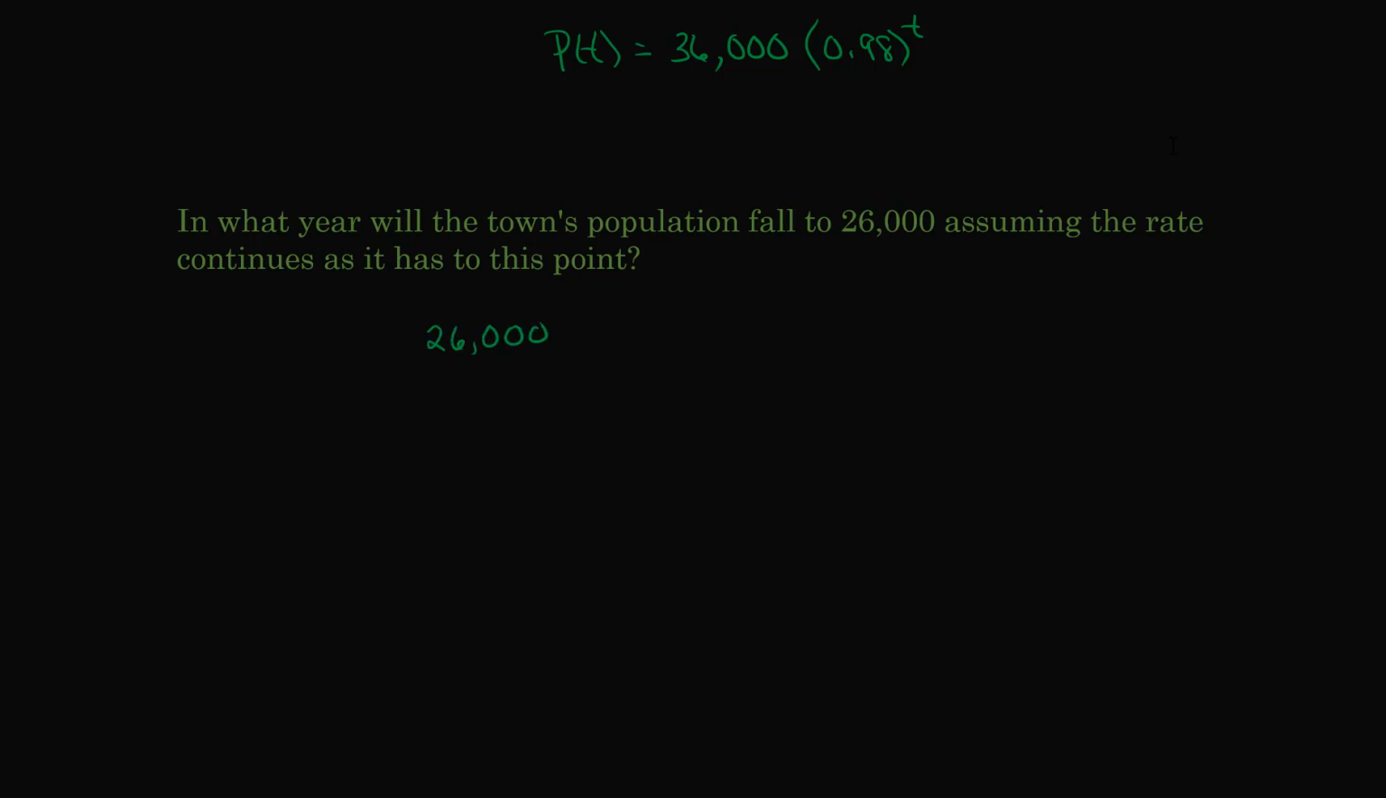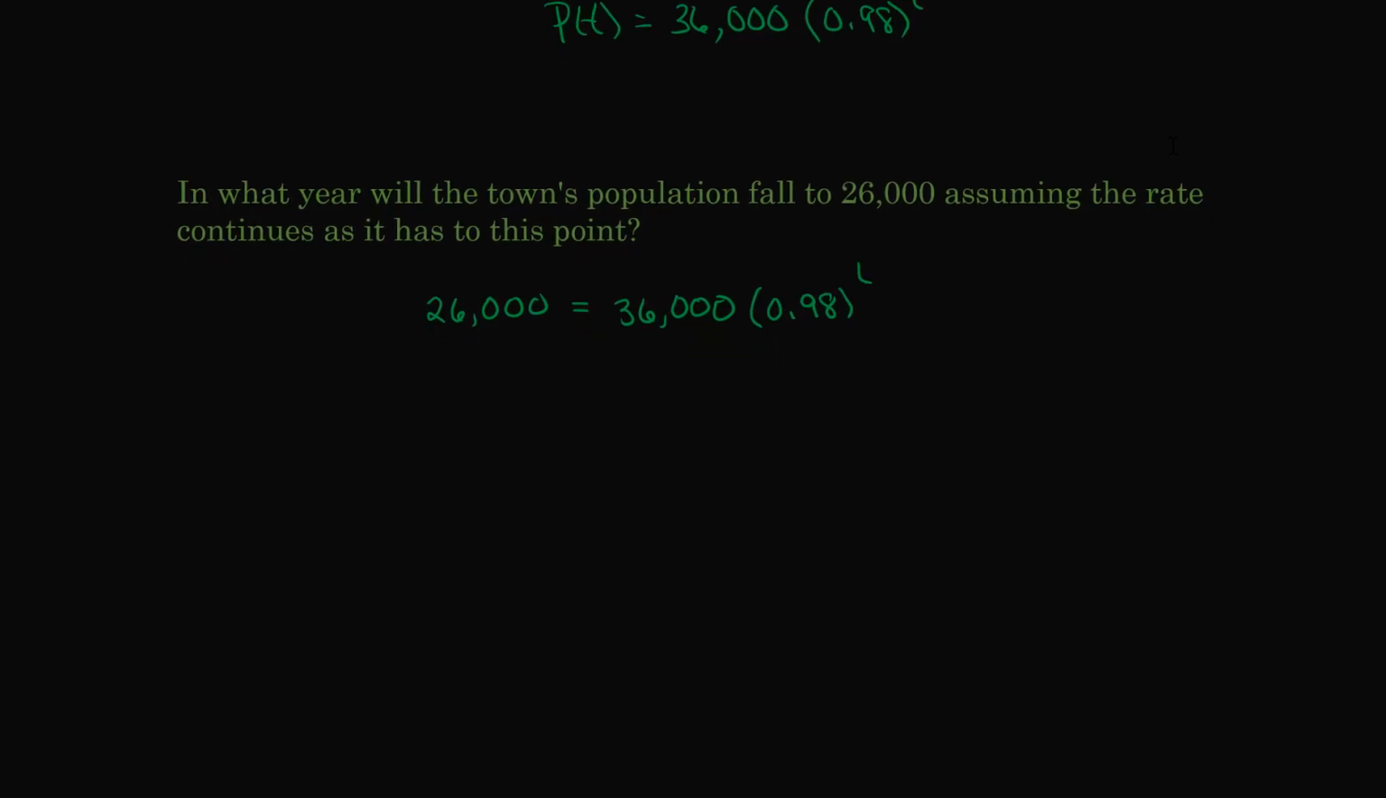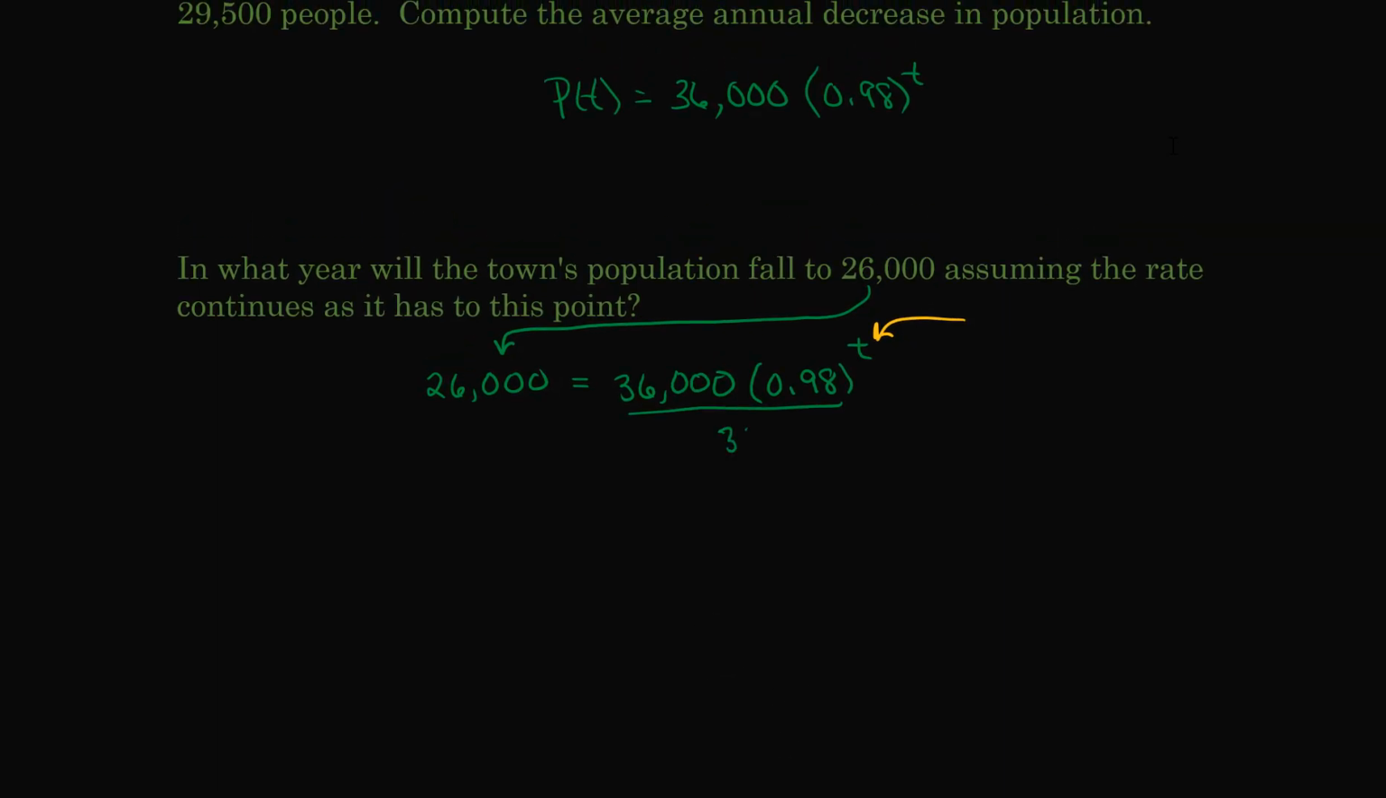So I'm going to set the 26,000 as the population I'm interested in obtaining. Not that the town wants to continue to decrease, but just for the sake of this problem. So there's the setup. The new population that we're looking at reaching is 26,000. What we want to do is solve for t. Well, t is up here in the exponent. That might be kind of a problem. So the first thing I'm going to do is divide both sides by this 36,000, because what I'm trying to do is isolate